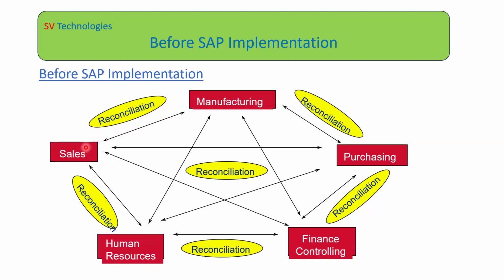Similarly, once the manufacturing is completed and the product is ready for delivery, the production department will again communicate through mail or pass some documents to the sales department. This is how it will happen between other departments also. This is before implementing SAP. So if there is any delay in passing the information to the manufacturing department after the sales department gets the order, it will impact the delivery date of the customer.